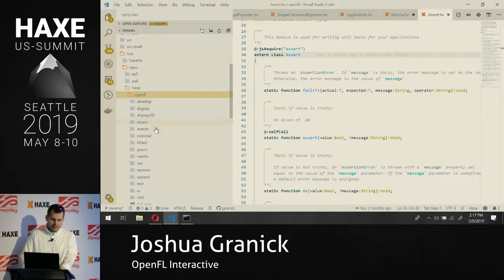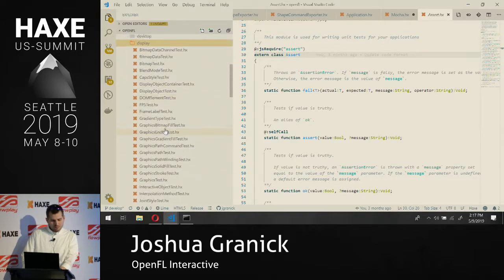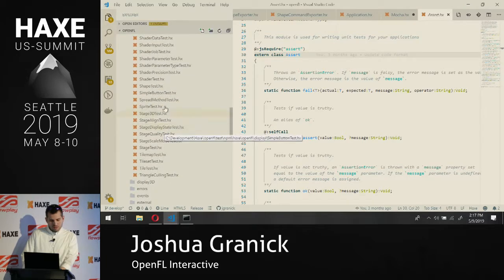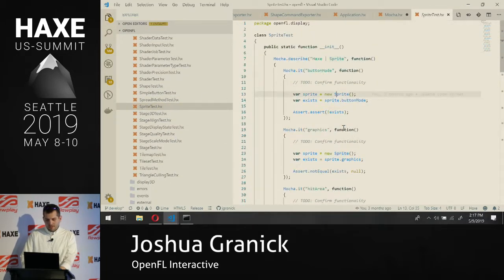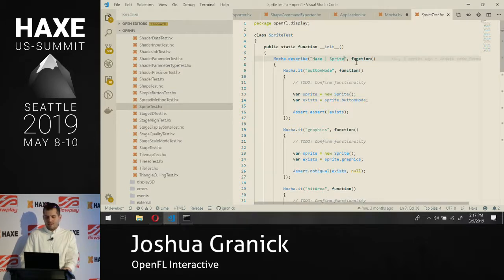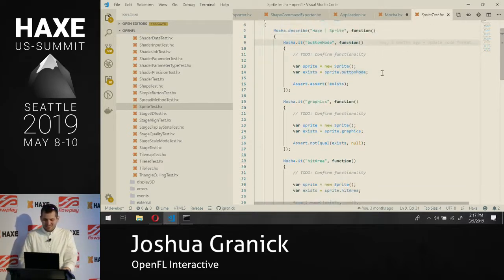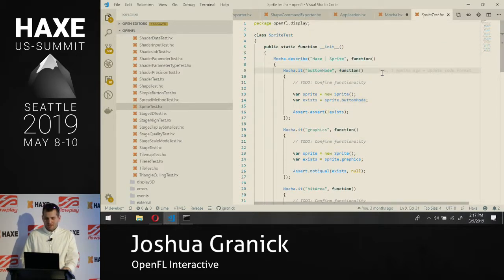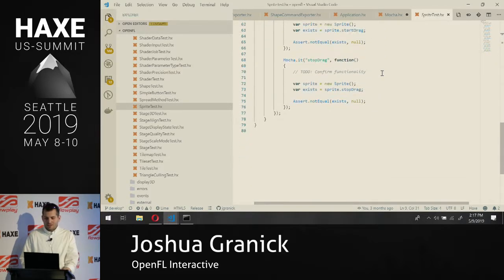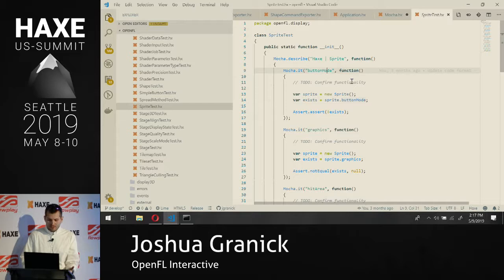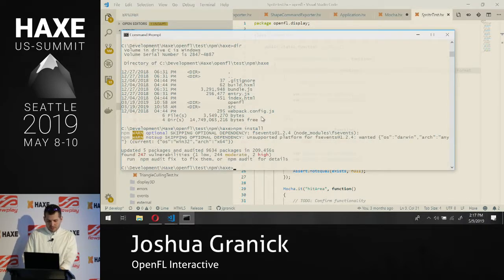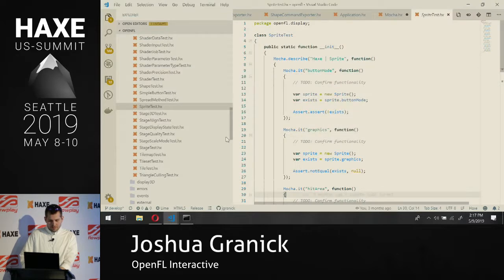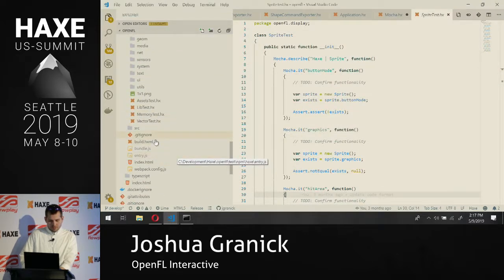Now, if we get into a test, let me think. Sprite is pretty basic. So Mocha has this way of working where everything's in a closure. So you describe the name of the test, and then the name of the sub test that you're doing, and so on. So I've got it all set up here in Haxe code, and that looks like it's done. So now I believe it's called start, but we'll just